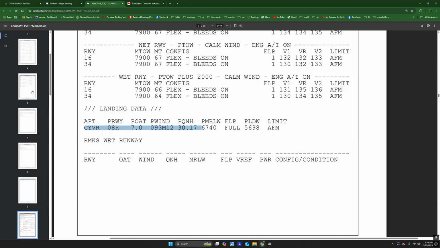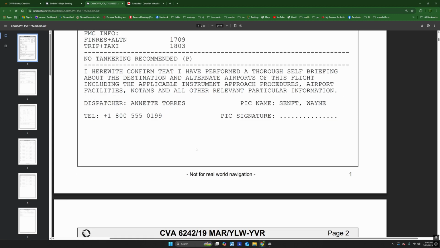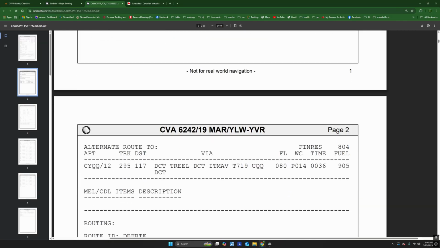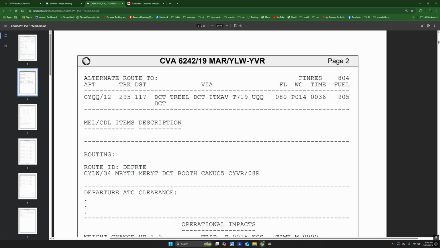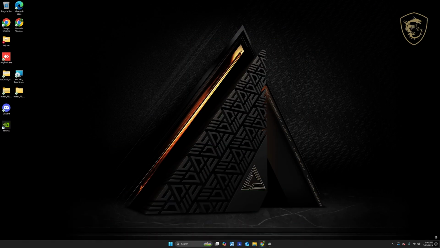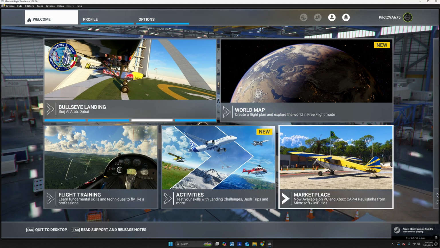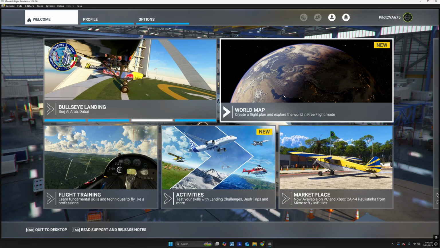Okay, back to the top. This is all we need from here, but I'll just scroll down to the route, or the flight plan itself, which is right here, because I'm going to need some of that data. And let's pull this off of our main screen, down onto the screen below. Now, when you start up the game, Flight Simulator 2020, this is what you're presented with. And we go to the world map,